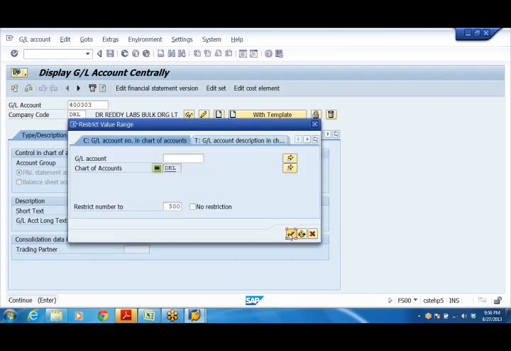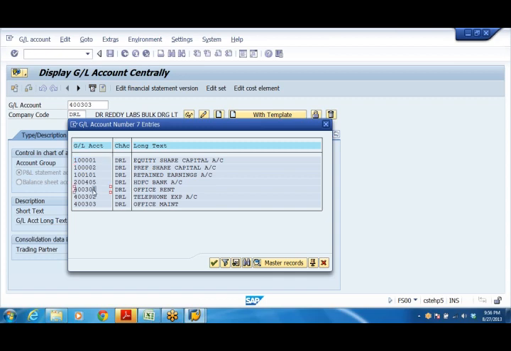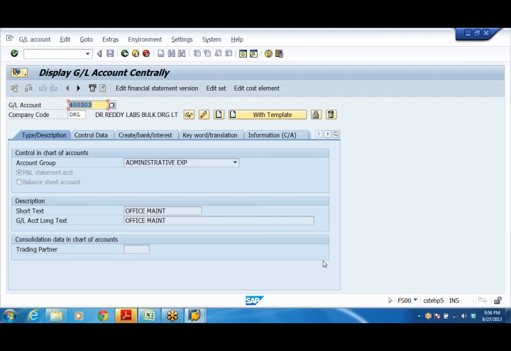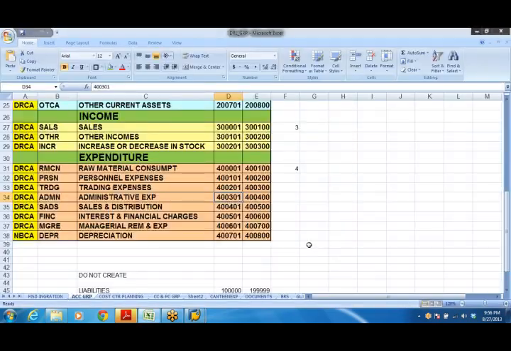We can create from here 400301, 302, 303, because I have given a range of 100 numbers to the system. From that range I'm creating one by one now. The purpose of giving the range is to create GL account numbers accordingly. Why have I given this range? Because I don't want to mix up all the different types of GL accounts.